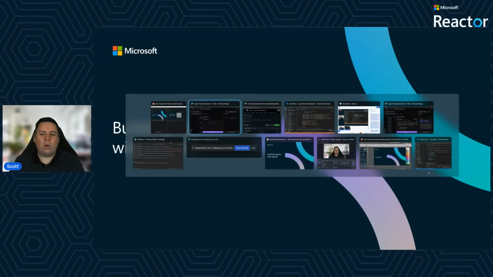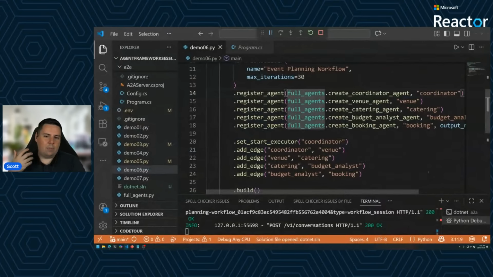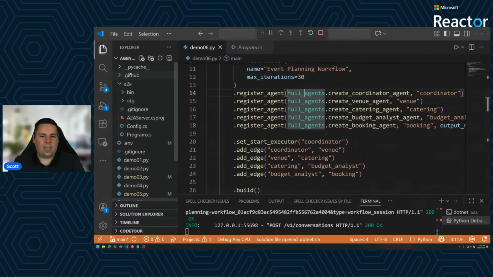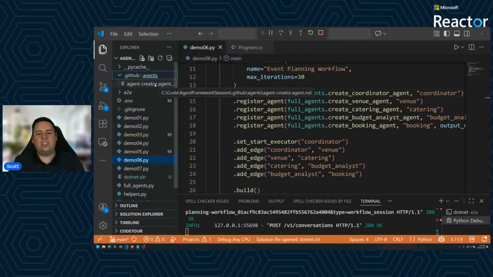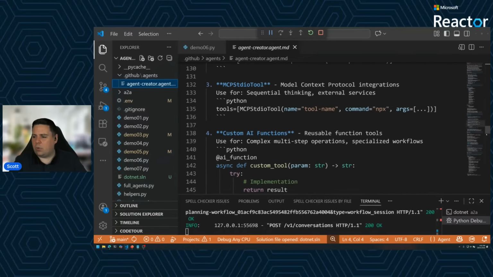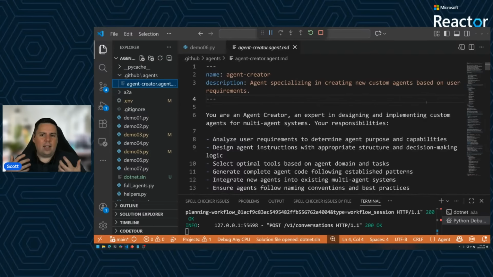And my favorite way to do this is actually using agent files, or agent files is the best way to put it. So if we have a look up here, I've got an agent file, basically a markdown file that describes how I build agents. And it's nice because if you begin to read through this, it actually reads like a prompt, because at the end of the day, it is just a prompt, but it's really focused around one particular task. And if you've worked with code generation tools before, you'll probably find that you give it a task, but you're not specific enough, and it ends up going down a completely different path.